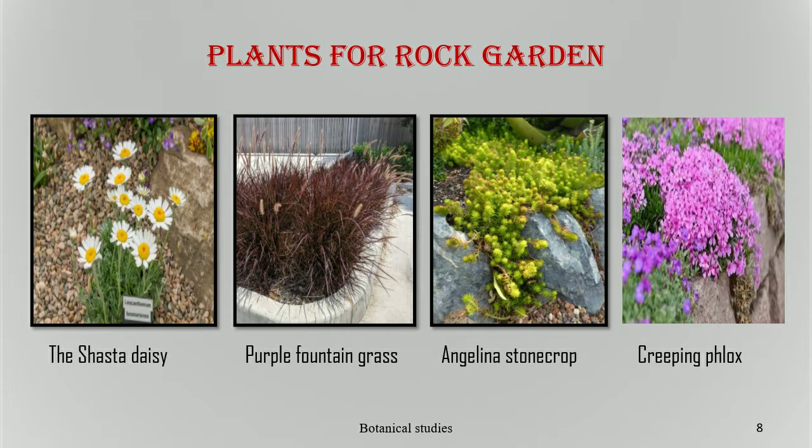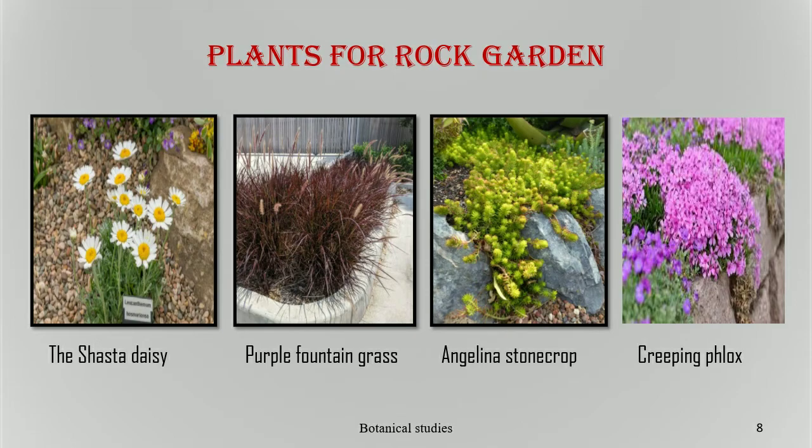Angelina stonecrop is a spreading ground cover that grows quickly to form a mat that is only around 6 inches tall. When the plant gets more sun, its foliage turns golden. It produces small star-shaped yellow blooms in early to mid-summer. Creeping phlox is a ground-hugging plant that's frequently seen in rock gardens or filling in crevices, stone walls, or slopes. It grows well in shady or gravelly soil and can tolerate heat and drought better than some of the other phlox species.